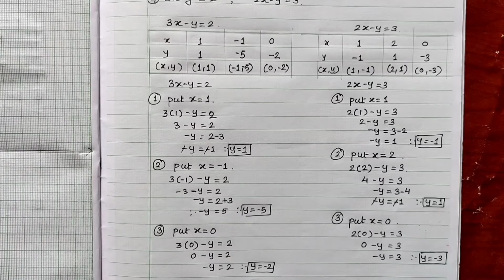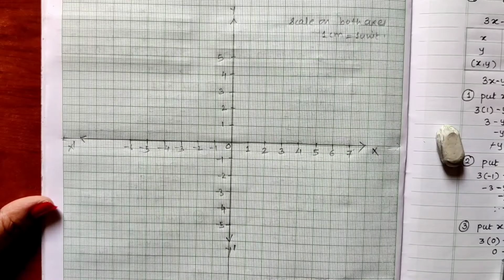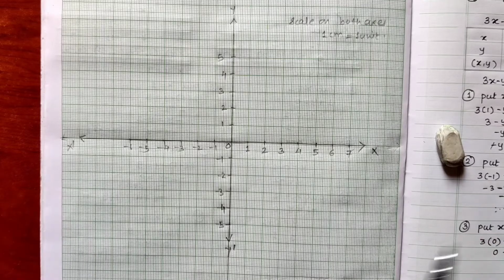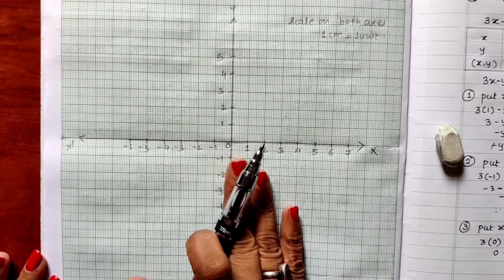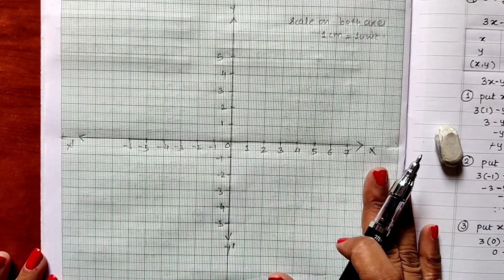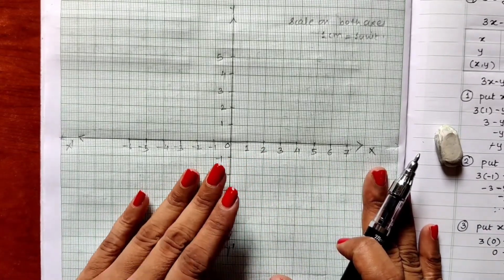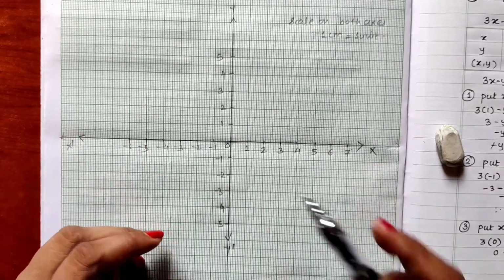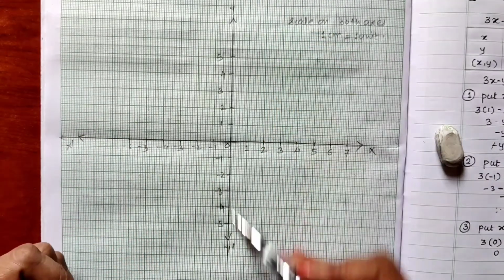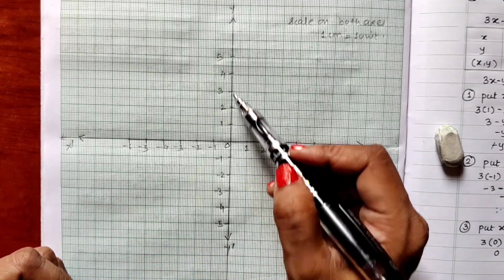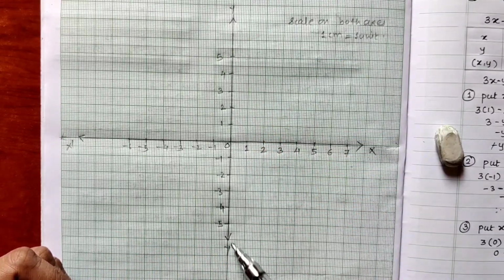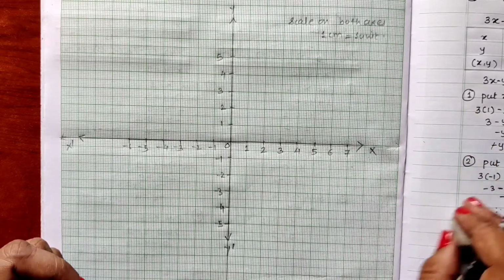Now let us plot the points on our graph paper. So this is our graph paper. Let us see whether we have written everything. I have drawn this x-axis. I have plotted all positive points on the right hand side of 0, negative points on the left hand side of 0. Then this is the y-axis, this is y and y dash. Here it is x and x dash. Now all the positive points in the upward direction, all the negative points in the downward direction of 0. In this way we will have to plot the points.